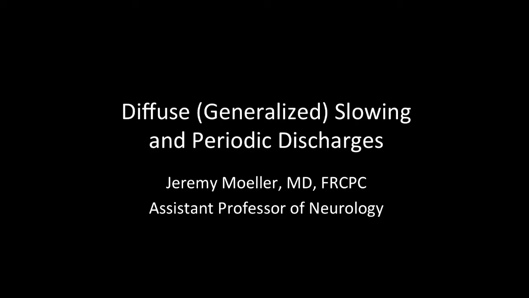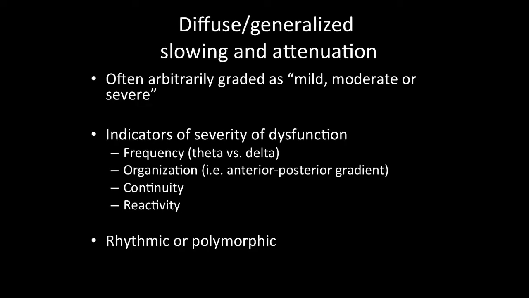In this video, we will review diffuse or generalized slowing or disruption of the background, as well as periodic discharges. Diffuse or generalized slowing and attenuation is often arbitrarily graded as mild, moderate, or severe. However, there are no standardized grading systems to determine these degrees of severity. Rather, each encephalographer uses his or her own internal criteria to determine the severity of the disruption of the background